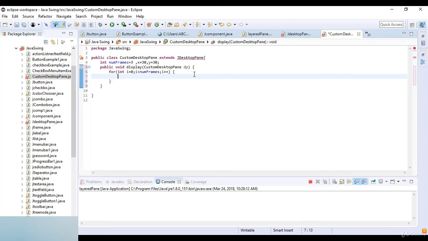Now you write JInternalFrame, and jframe as an object name which is equal to new JInternalFrame, right? And here I pass the string which is "Internal Frame", then I concatenate i, then I write true, true, true and true. Okay,